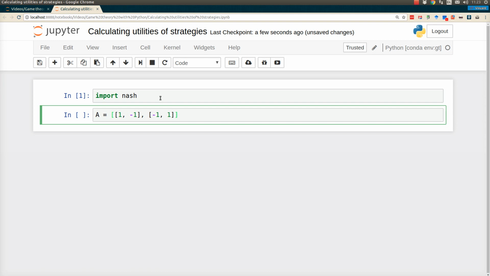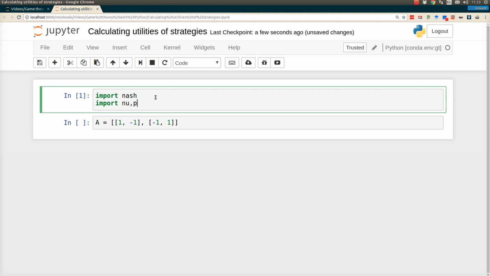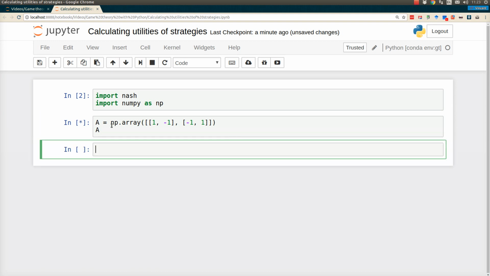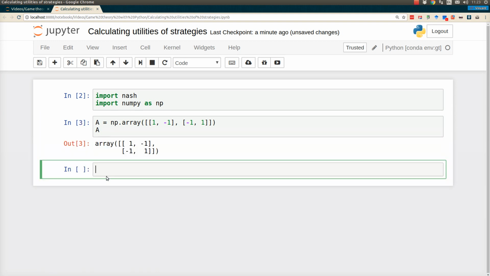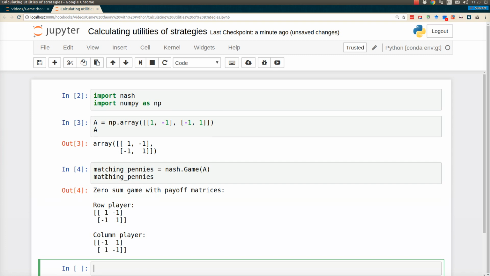But whilst in the previous video I showed how we could do that by passing a list, in fact we can also do it using a NumPy array. This makes no difference. In fact, Nash underneath converts everything to NumPy arrays because it's doing some linear algebra. But we can also do that. So now if I create matching pennies by going nash.Game of A, and let's take a look at that, we see that we indeed get that